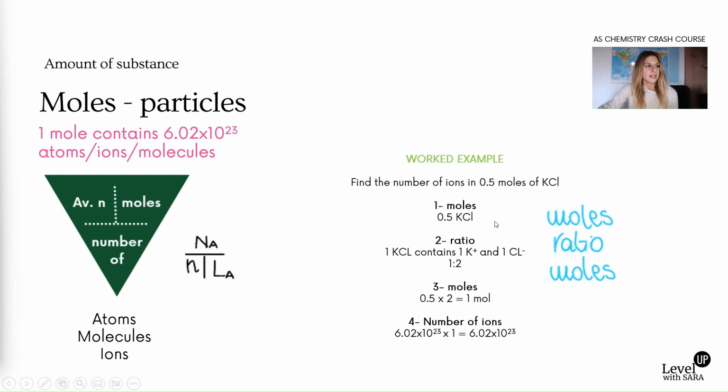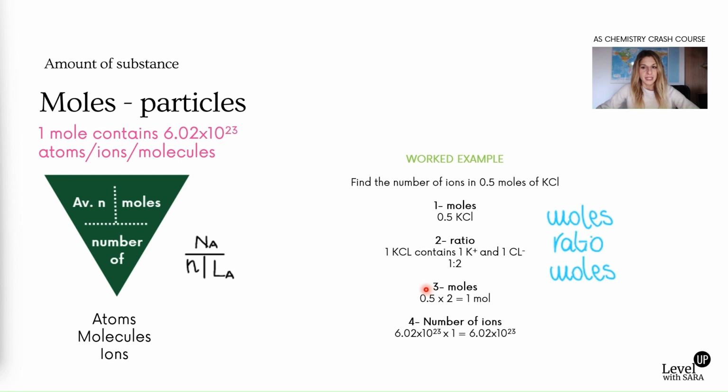So let me get the laser. Okay, so remember what we said, that 1 mole contains this specific amount of either atoms, ions, molecules. So find the number of ions in 0.5 moles of KCl. The first thing is, remember that moles ratio moles. It will come up in pretty much all questions. Moles ratio moles. First step, find the moles. We have it, 0.5 moles of what? KCl. Second, the ratio. The ratio also applies in this case because 1 mole of KCl contains 2 moles of ions, so that ratio is 1 to 2,